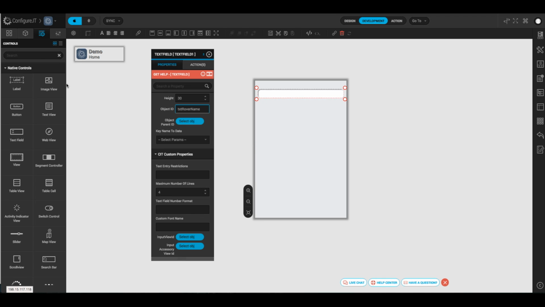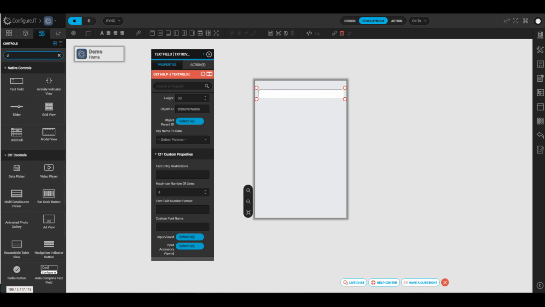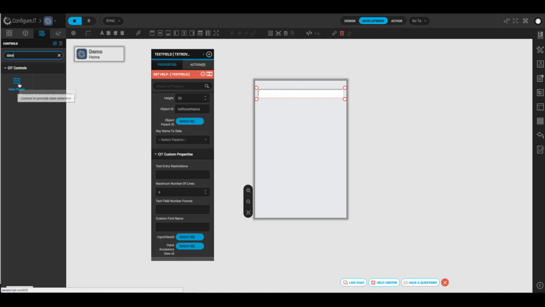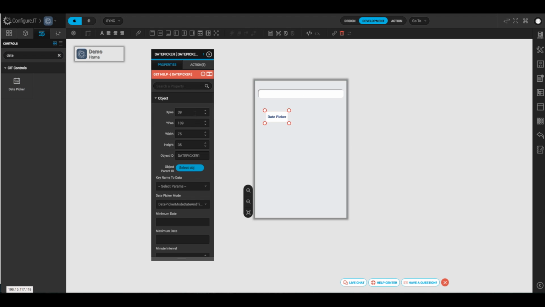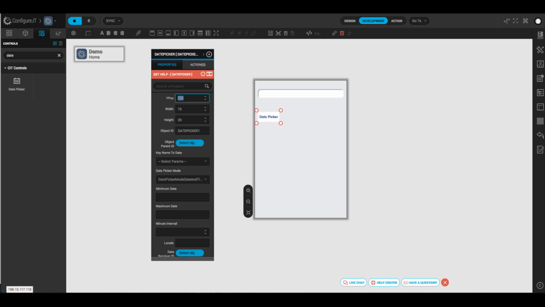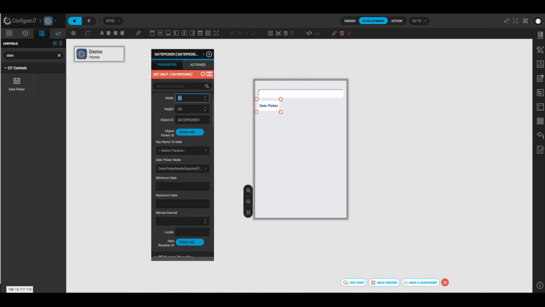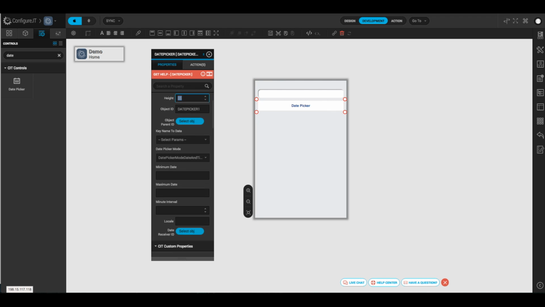The next one we want to do is for our date, and we're going to use our date picker, and we'll drag that over as well. Now we can change the coordinates and the size of the date picker. For the date picker, we'll kind of line them up. And we'll do the width of 300, the height we'll do 35, it's fine. Okay, and we'll change the object ID,